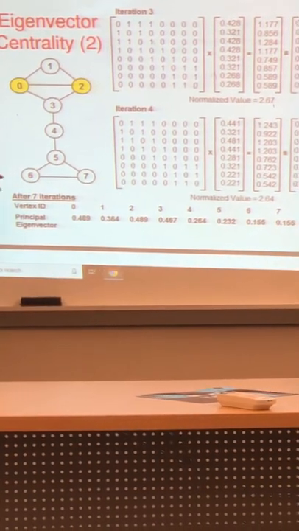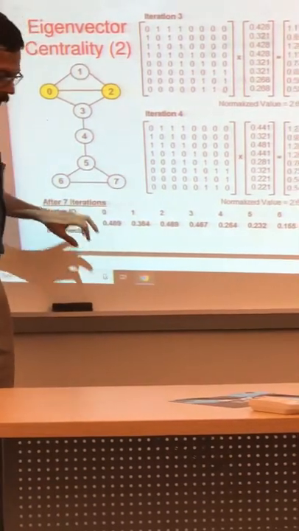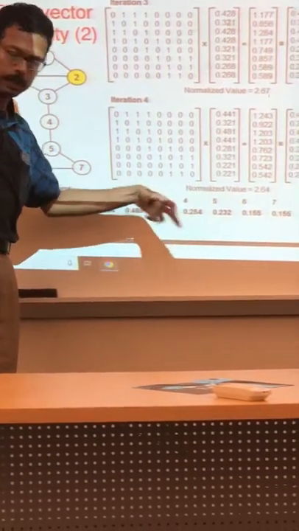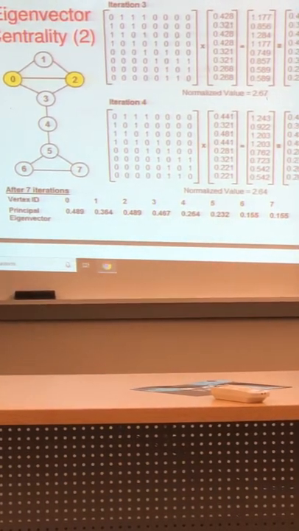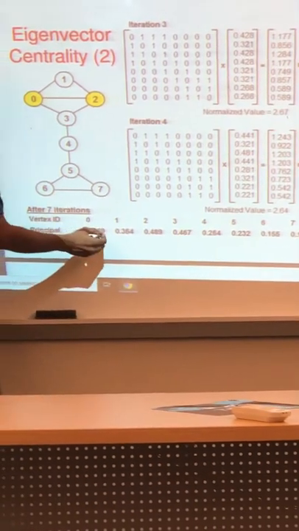Okay, so if you look at this, we'll go to the calculations, but let me just motivate the importance of eigenvector centrality. So these numbers quantify the